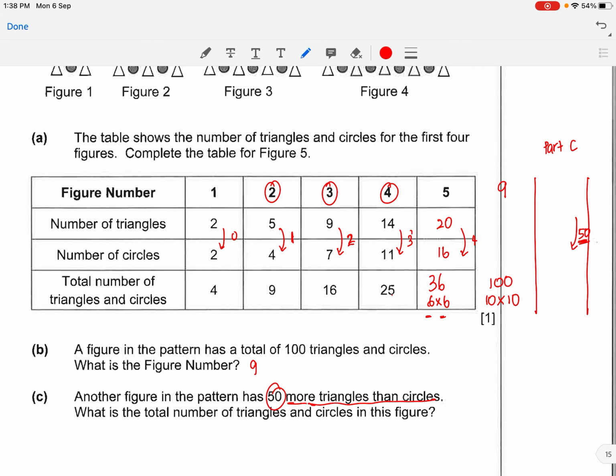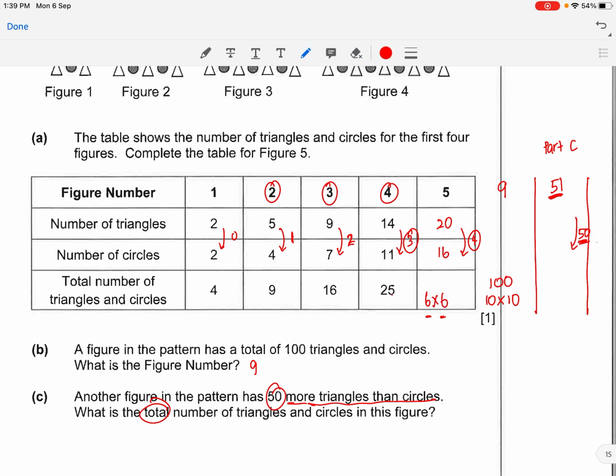For example, my difference is 3, my figure number is plus 1, which is 4. My difference is 4, my figure number is plus 1, which is 5. So if my difference is 50, my figure number is 51. Now this makes things easier because for part C, they are asking about the total number of triangles and circles. Remember earlier on, in order to do part A and part B, from the figure number we are able to get to the total number. So let's just recall, in order to get the total number,